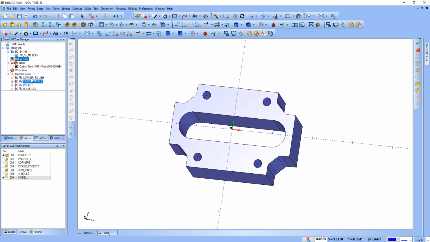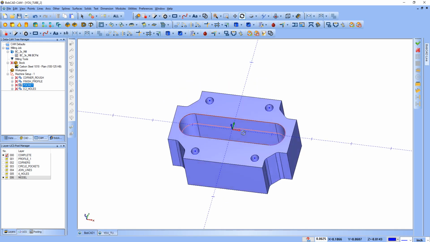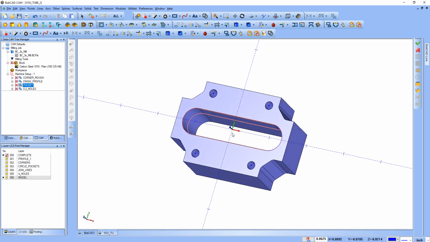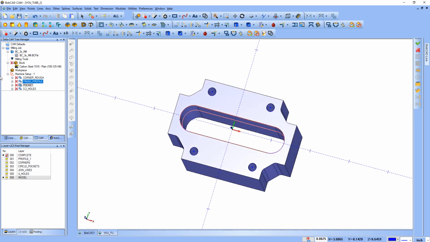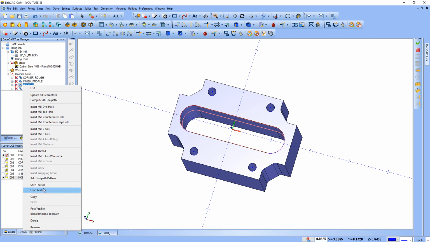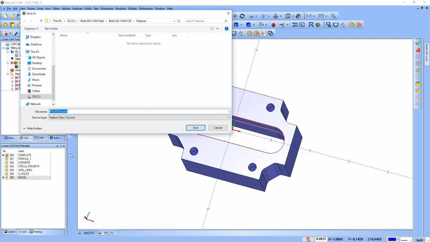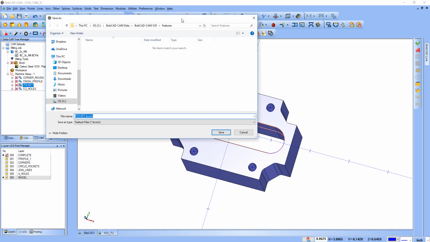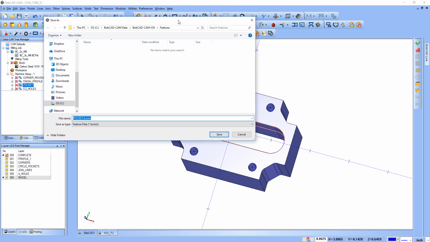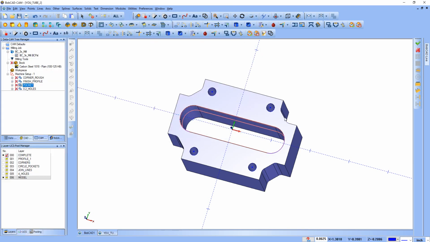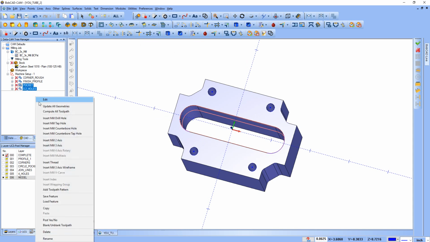Another really cool thing I'm going to touch on really quick. So let's say you had a unique toolpath, like say this pocket. Say it took a lot of time to get it dialed in how you like it, and you do a lot of this similar style pocket, so you can right click on this and save it. I'm not going to go through the full process of saving it and pulling it back up, but you can save that, name it whatever you would like to name it. Again, if it's a certain pocket that you cut hundreds of, save that, and every time you come to a part that has something similar, you load it in here,